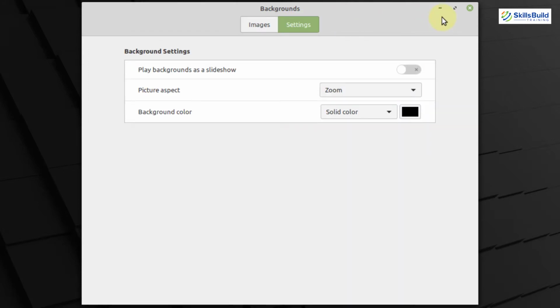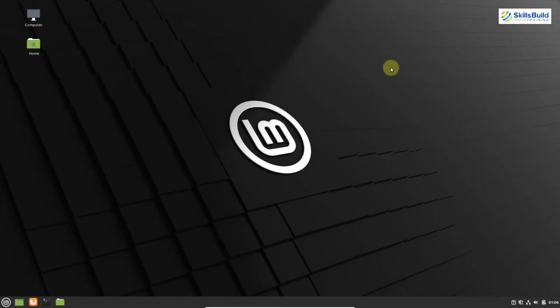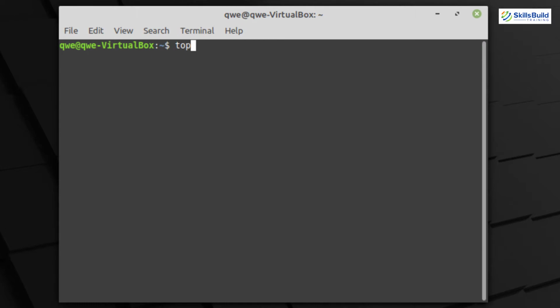Now the most important thing is the performance of this system. As they say it is the most modern, innovative and full featured desktop, so obviously it will consume a lot of resources. To check that, let's open our terminal, and I will write top and hit enter.